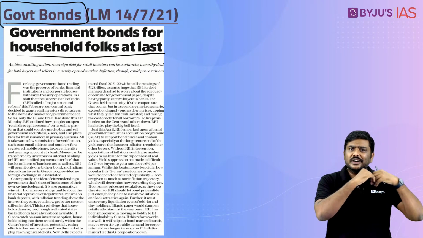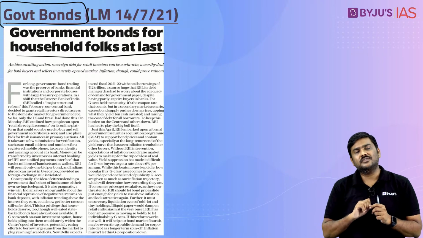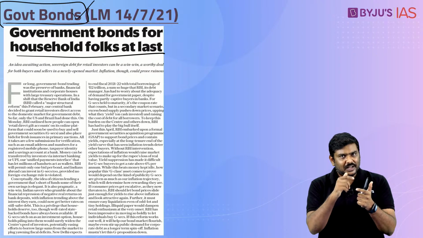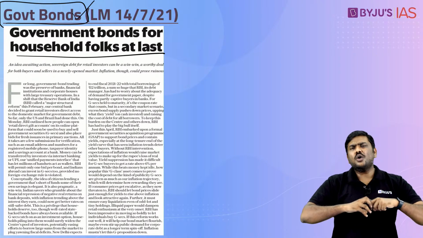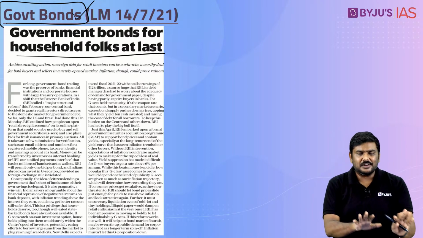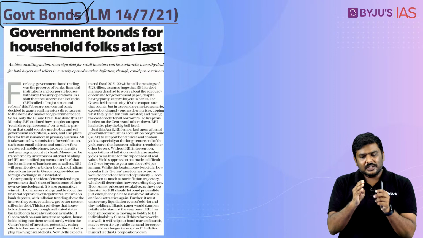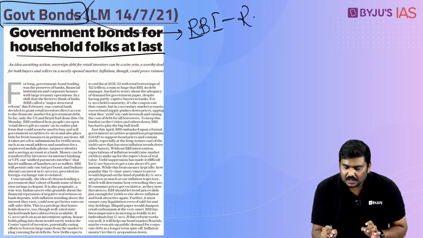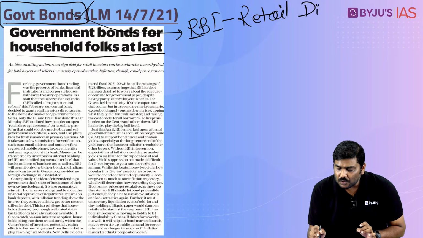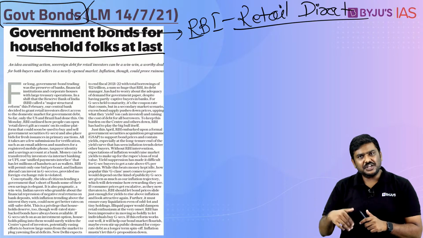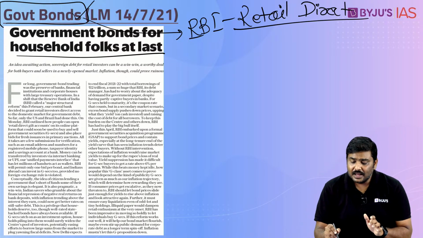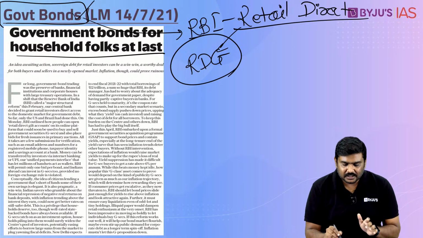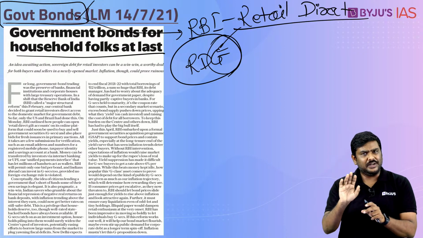In the earlier videos we have already covered what the proposal is and what its importance is. But in this video, let's try and understand the critical evaluation of this proposal of RBI, because there is a lot of discussion which is going to happen in the coming days related to this. The scheme or program is called RBI Retail Direct. Remember the name, Retail Direct program or Retail Direct scheme. In addition, understand one more term here, Retail Direct Gilt, RDG, and gilt basically refers to government securities here.